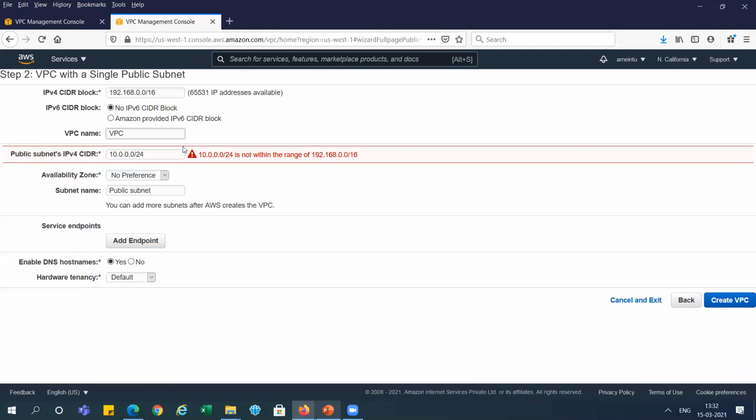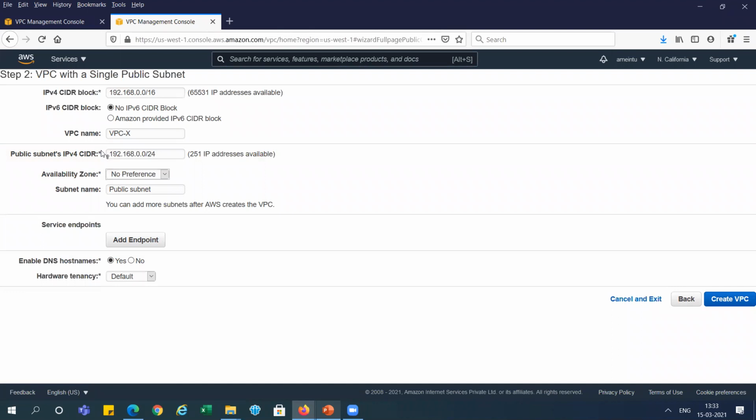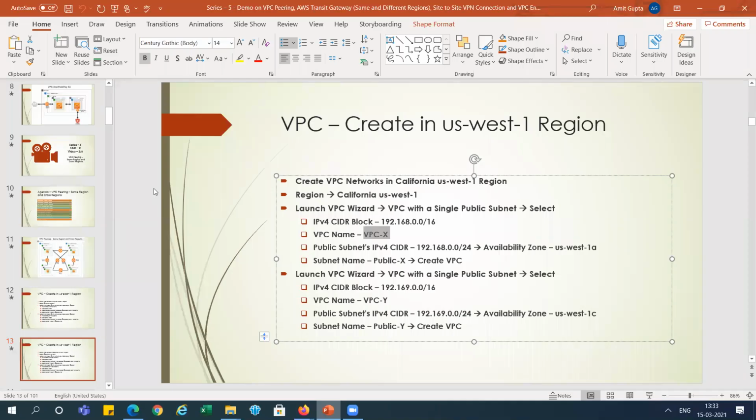We also need the subnet CIDR, so we will use /24 over there, right? For the availability zone you can use US West 1A, and for the subnet name we can take public X, right? You can see we are using the same naming convention here, public X, right?